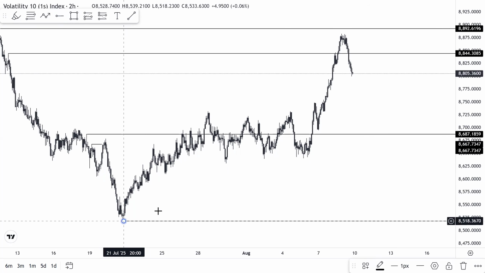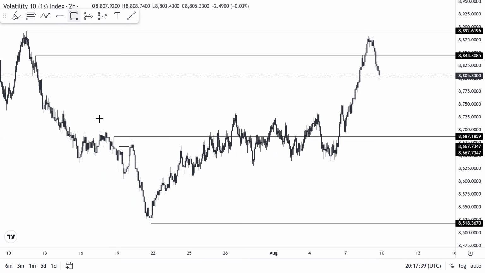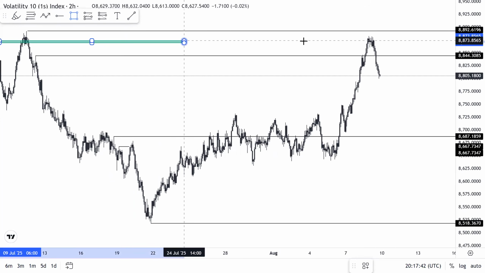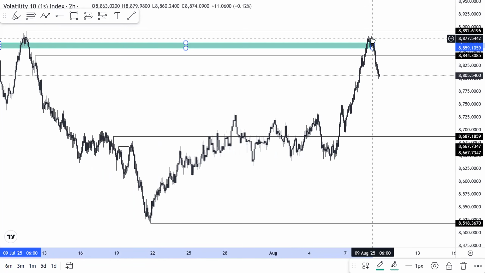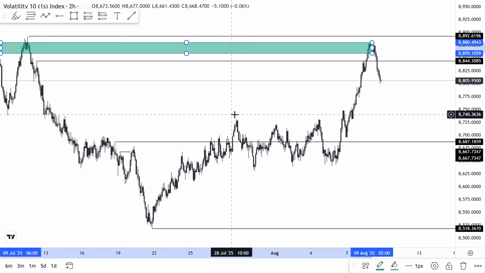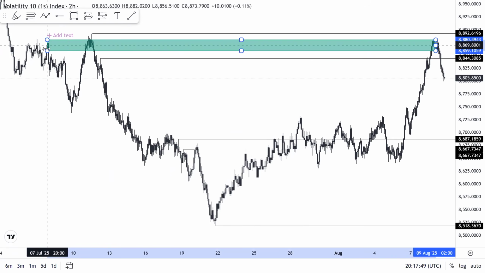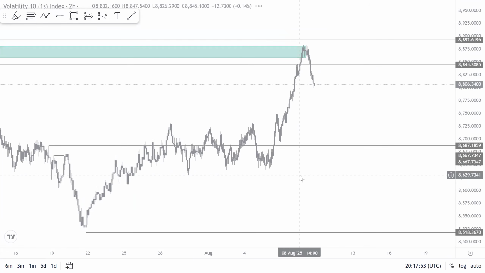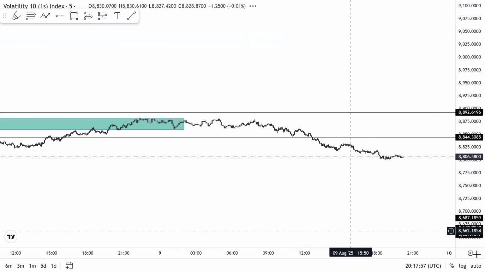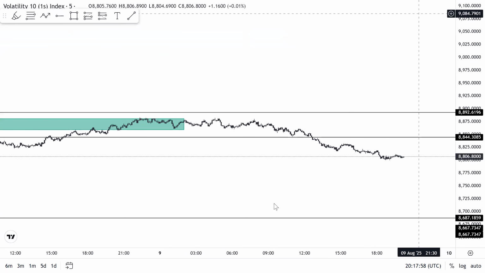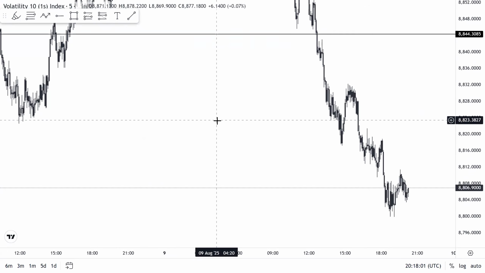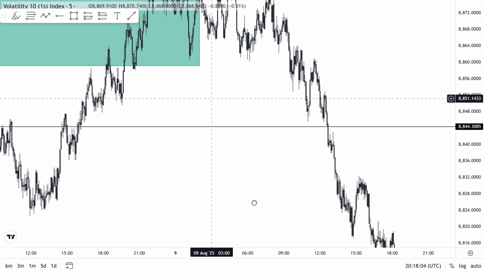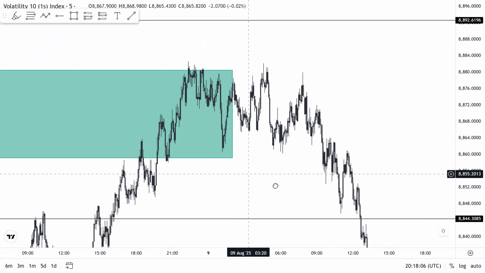Now, this is for people that missed out on this entry right here. If you missed out on this entry, you can still go lower. You can go down to your lower time frame, which can be your 5 minutes, your 15 minutes, whatever. We expect price should just continue, keep on selling. So what do we do? Go down to our 5 minutes. That's why I said always analyze from the higher time frame first, to actually understand price movements.